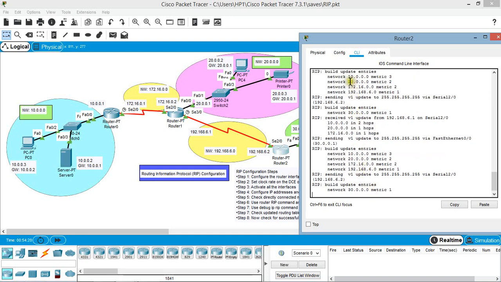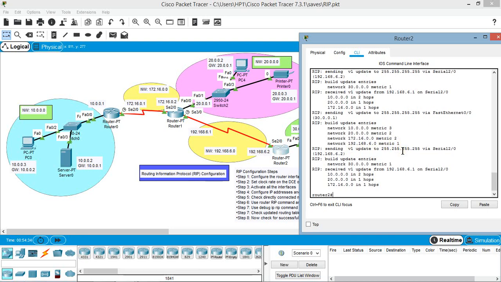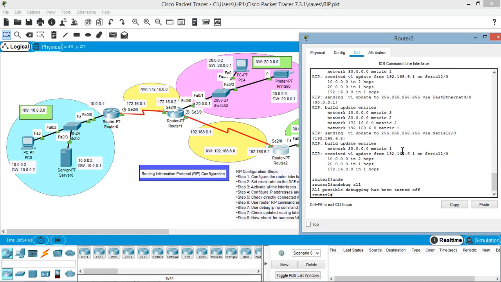So it is reachable to network 10.0 with a metric of 3. It is reachable to 20 network with a metric of 2, that is hop count of 2. It can reach 172 network with a hop count of 2. It can reach 192 network with a hop count of 1. So in this way we have successfully configured the RIP protocol on all the routers, and we have seen that the routers learn the paths dynamically using the RIP routing protocol.